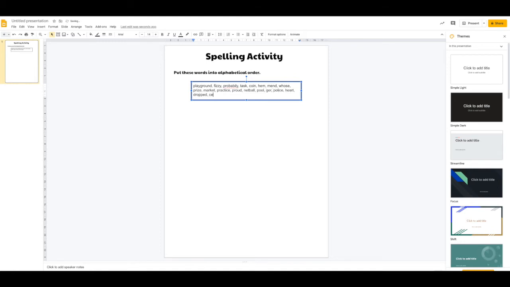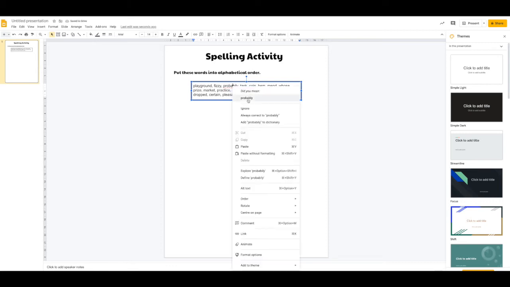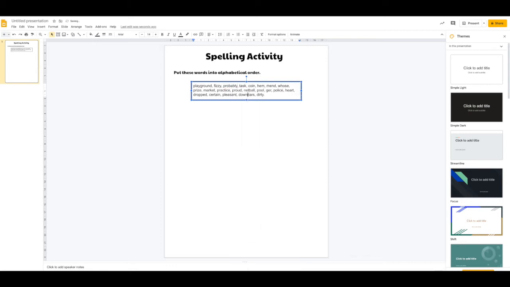And that's just a box that I got out of the Shapes tool. And then you can type straight inside it, which is a different type of font. So I went in and I changed all the words and spelt them correctly. Right, now for my next instruction. I decided to get a line so that the kids can actually write on top of the lines. So I grabbed that little line tool,